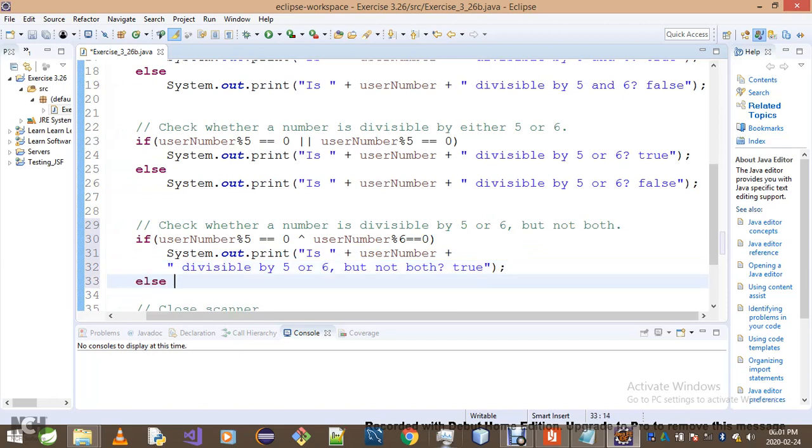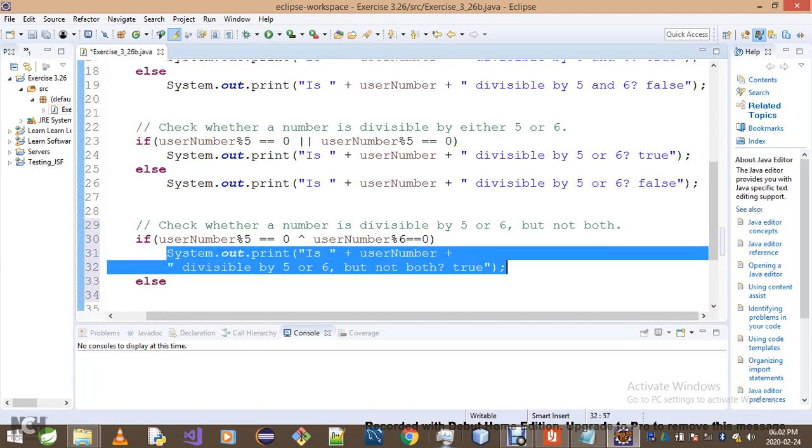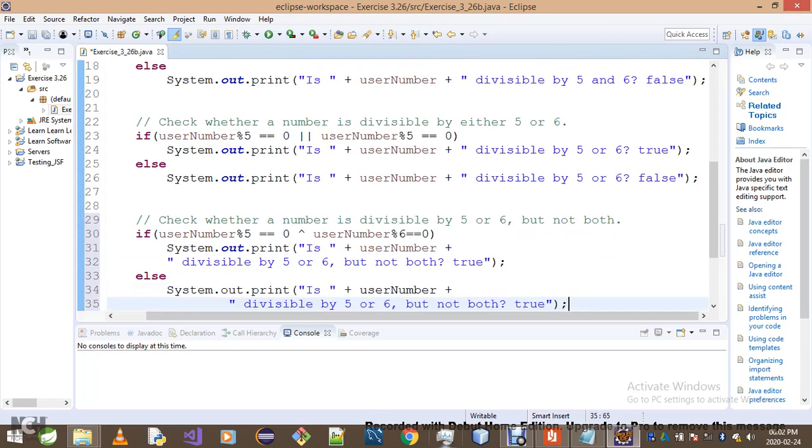That will simply give us true, but this over here will give us false, false, false. Okay,